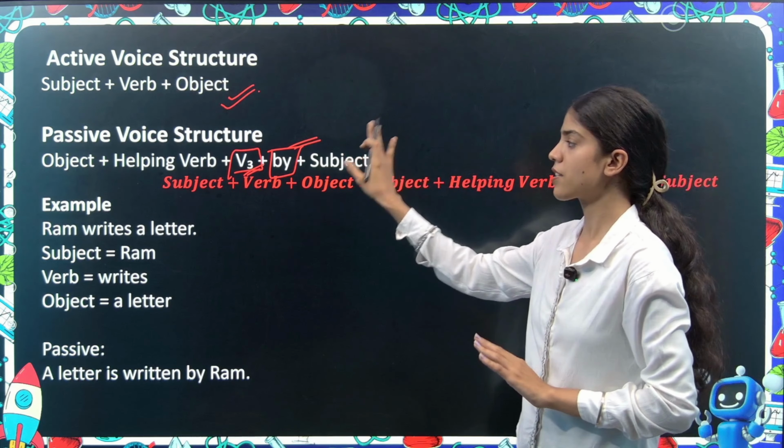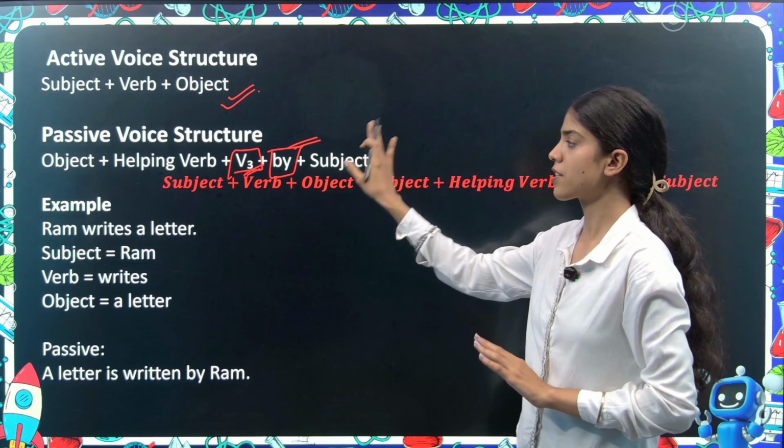Then is the helping verb we are using depending upon the tenses. And then is the V3, the main important point. Other than V3, no verb form is used, neither V2 nor V1. Passive voice always uses V3. It doesn't depend upon the tense; the rule is that it will use V3 only. And then the highlighting point of passive voice, by which we can highlight that the given sentence is passive voice, and then is the subject. Is it okay? Now let us see some examples.